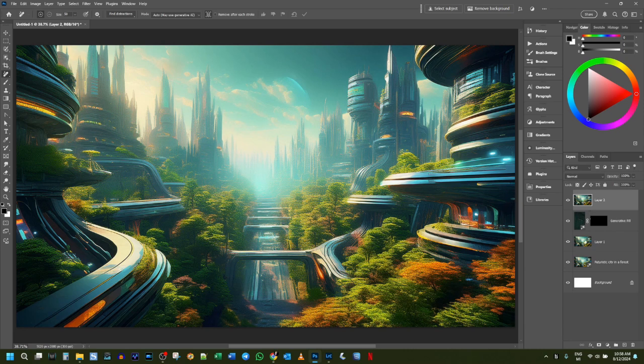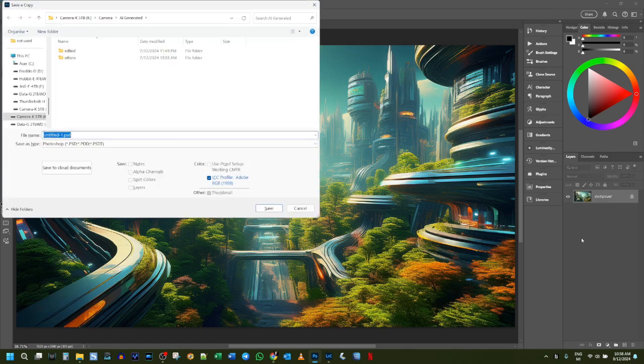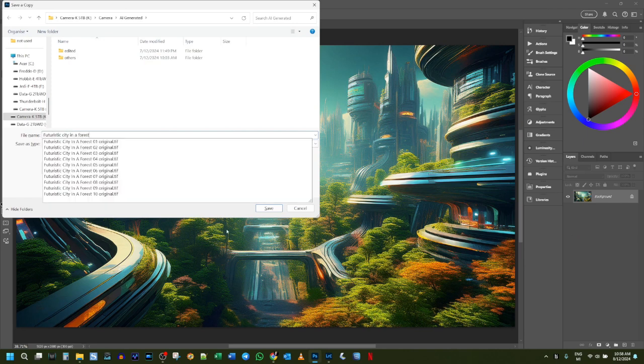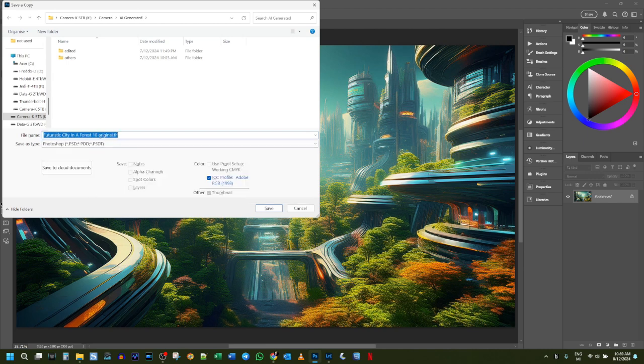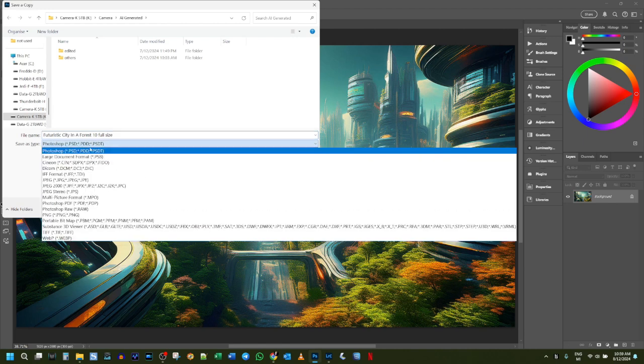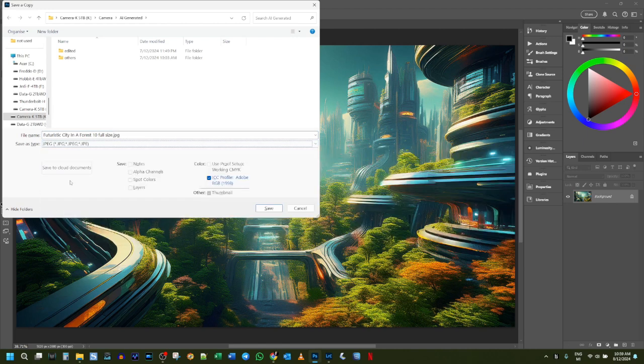So now I'll go Control Shift E to flatten that, and I'll save that as JPEG, and that was the last image, so it was this one here, Forest 10. And all I do, my saving procedure is basically, I have a naming system that I like using. Other people may not see the point of it, but it's the way I like doing things. In the edited folder,